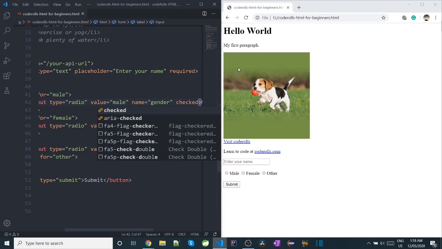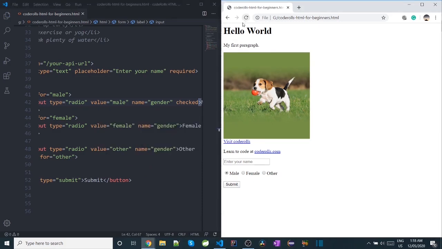Save the file and refresh the browser. Now you can see the male is selected by default, and when user hit the submit button without doing any changes here, the default value for the gender parameter will be male.